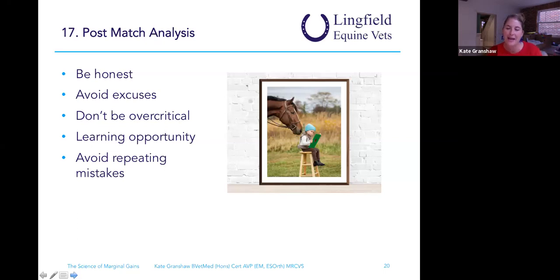But what you can look at is, did you have control of the canter? Was the horse adequately warmed up? Did you have to stand around for too long before your competition? It's not necessarily looking at the pole, because that's the end result. It's looking at all the things before that that led up to the pole, and I think it's being honest about that, not looking at that one thing, focusing on everything around it, what leads to that point